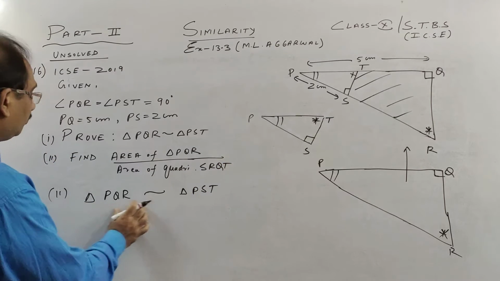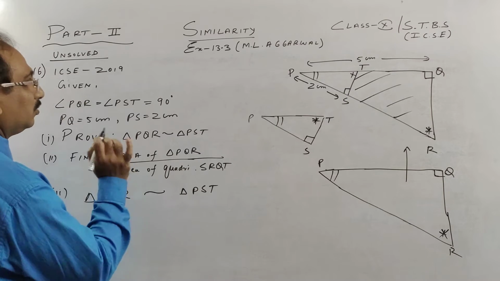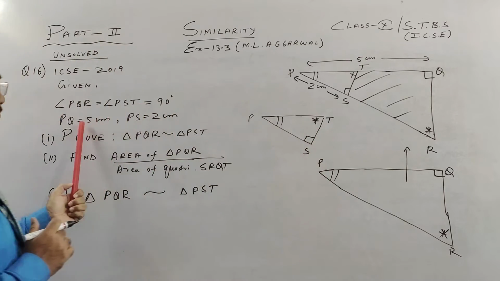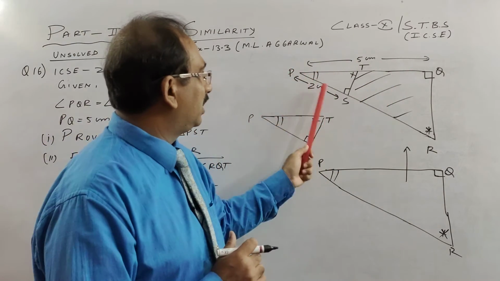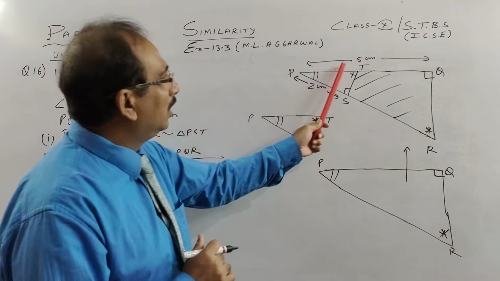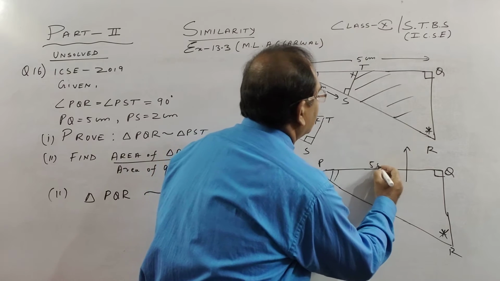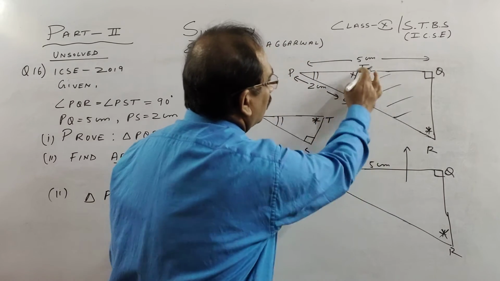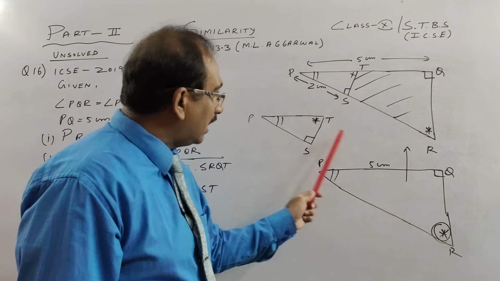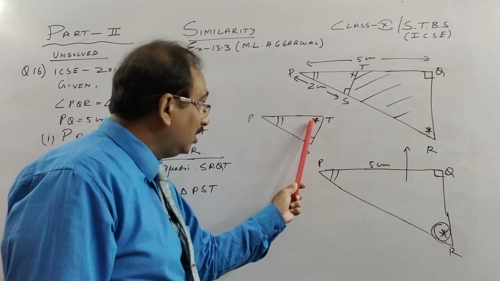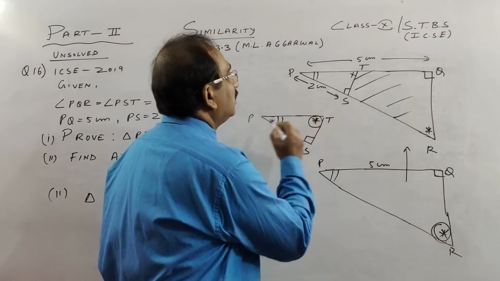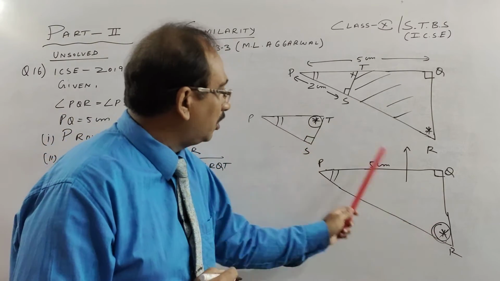So see here, we have proved these are similar. I have written the values opposite to these angles. See, only two values are given: PQ is 5 and PS is 2. So see how these two are corresponding sides. I'll show you. See, 5 centimeter here, it is opposite to this third angle in the big triangle. I told you the third angle of this triangle should be equal to the third angle, because this is equal to this, and this is equal to this. So correspondingly this angle in the small triangle corresponds to this.